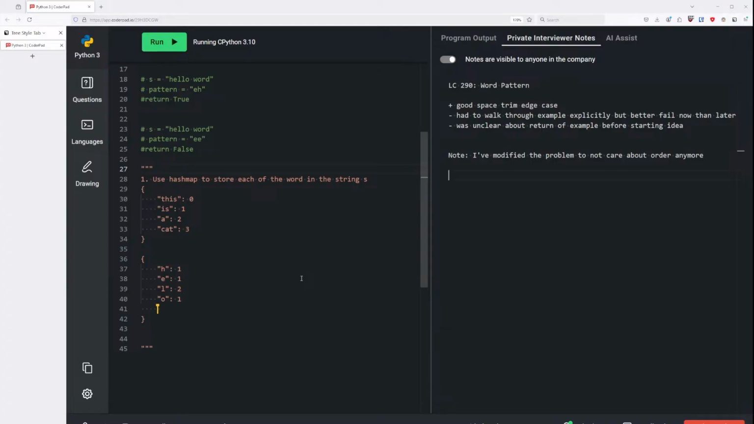The frequencies of the letters in the string don't matter at all. We only care about words in the string. In the pattern, we care about the specific characters. But in the string, we only care about the words. In other words, if we make another example,